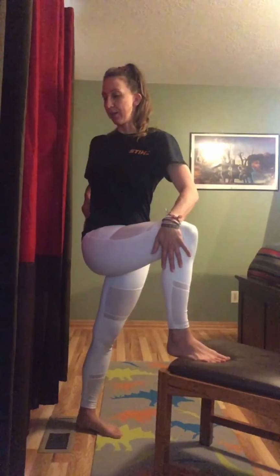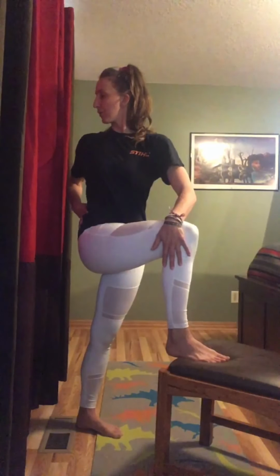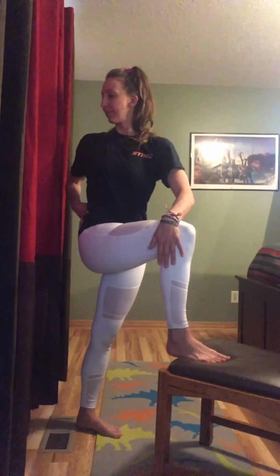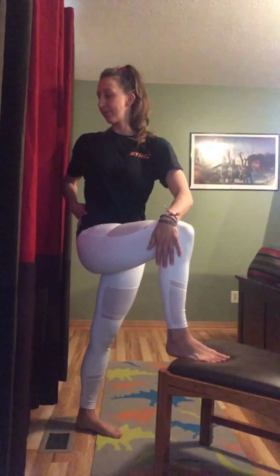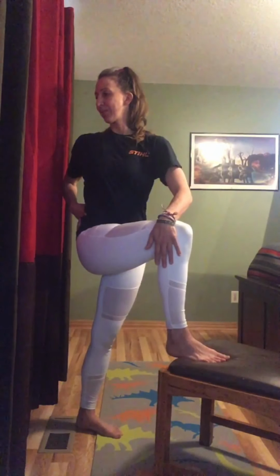And then switching the knee, left hand outside of the knee and right arm reaching back. Right shoulder peels away. Lengthen the twist. And gaze maybe out over that right shoulder. Again, tall spine. One more breath here. And gaze returns forward. Arms release. And foot comes down the ground to meet the